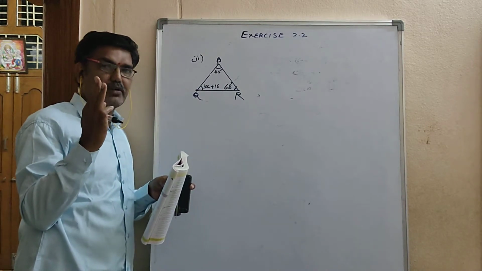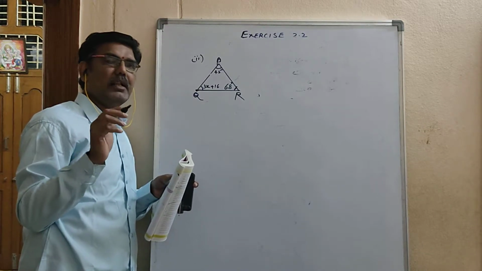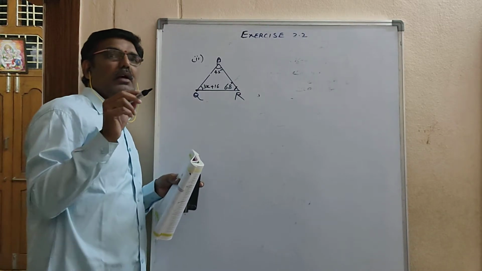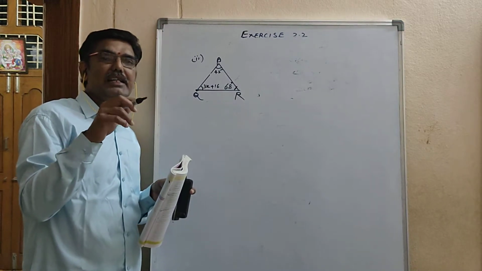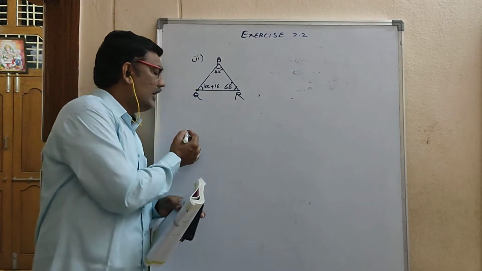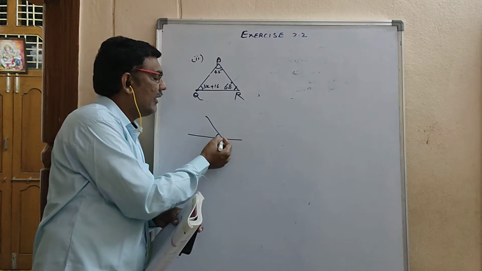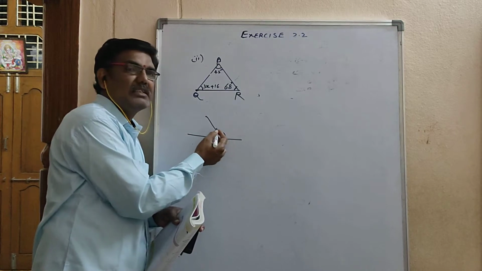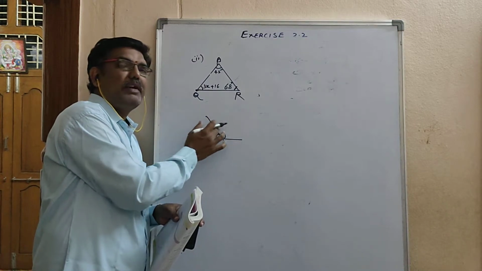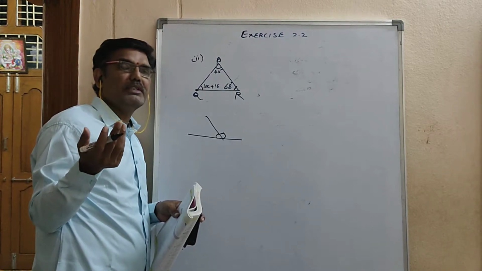In the first problem I said three rules. First rule: any exterior angle is equal to the sum of its interior opposite angles. Second rule: the sum of three angles in a triangle is 180 degrees. Third rule: on any one line, if two or more angles are there at a point, the sum of these angles is equal to 180. They are called a linear pair. You say pair when two angles are there. So if you remember these three, one more will also come. We will see later.